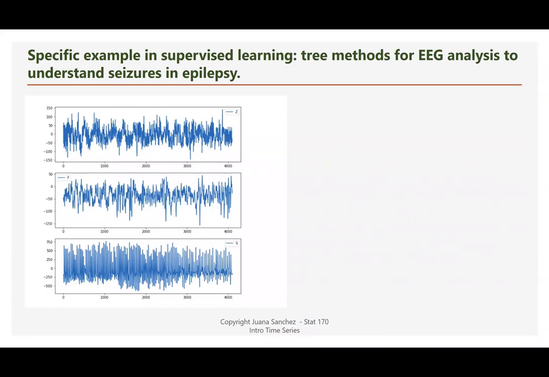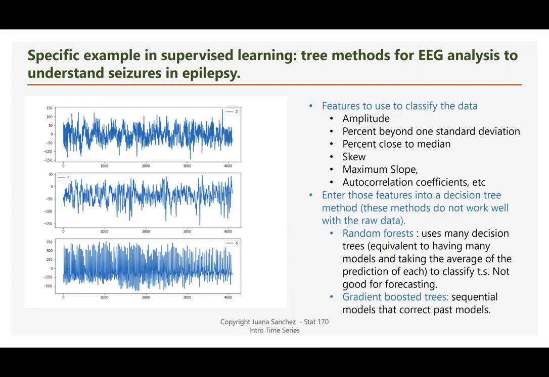For example, we might be interested in classifying epileptic patients based on the episodes that they have. EEGs are usually obtained from their brains when they have seizures. There are studies that collect a time series for different types of seizures, and of course, some of them are stronger, some of them are milder. Instead of using the whole time series, which are really long because they measure the amplitude every second,